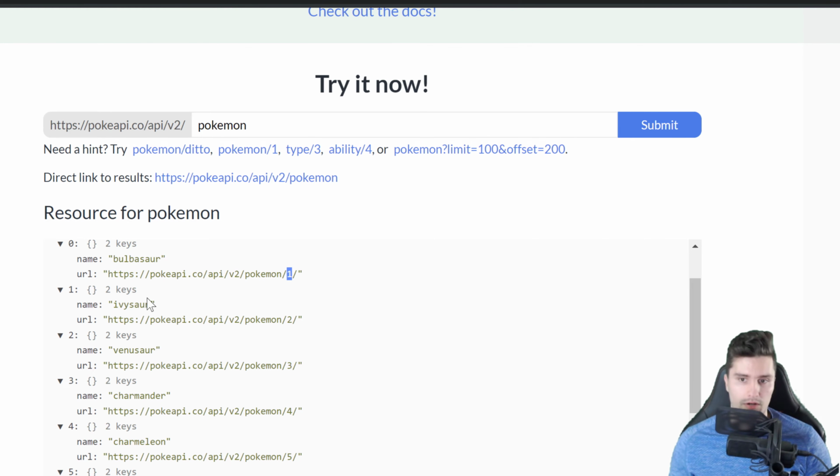So what we will now do in our ViewModel is, for each URL, we will just parse this number basically that is at the end of this URL. We'll remove this trailing slash and then just get the digit or the numbers that are before that slash actually. So we want to go back to Android Studio,